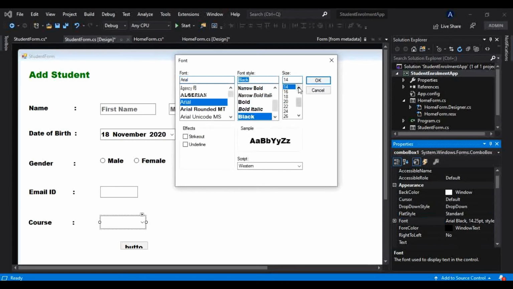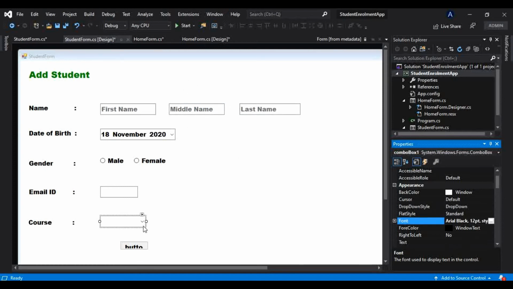Arial Black and 12. Alright, so we will select from this drop down menu which course we want to enroll that student for, in our application, in our database.